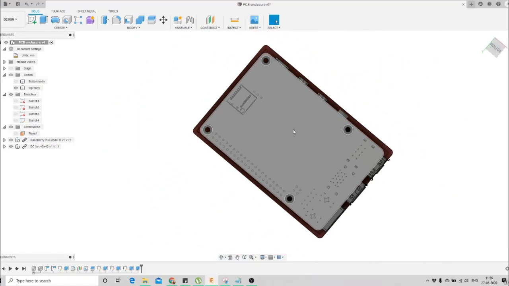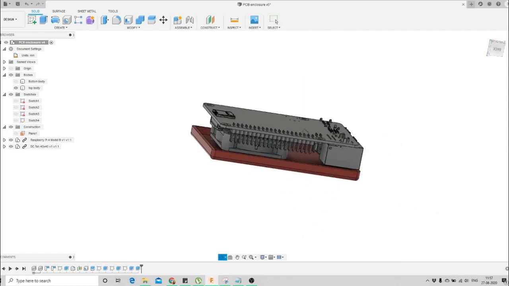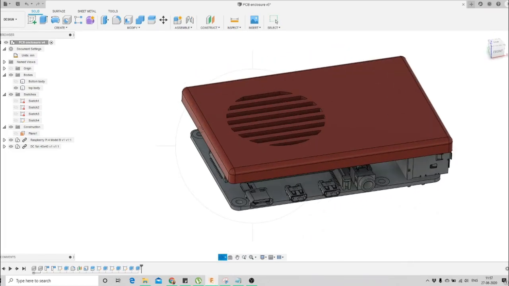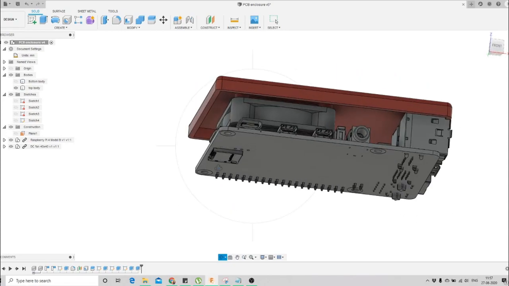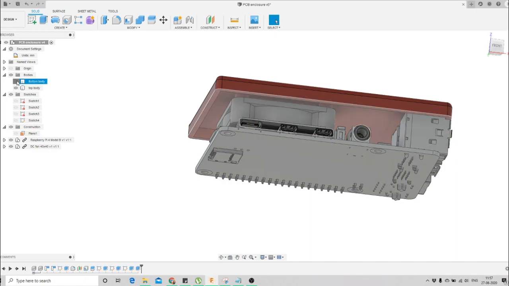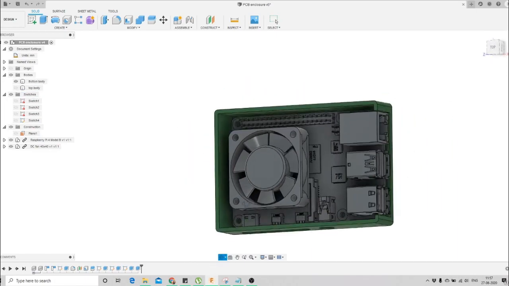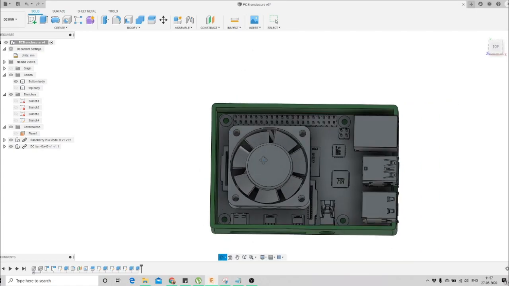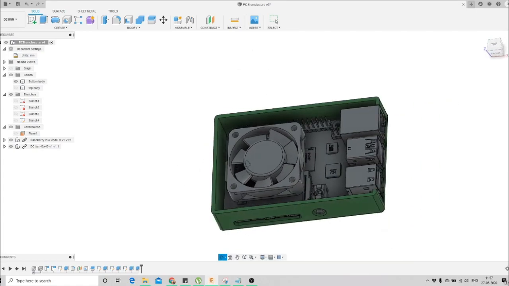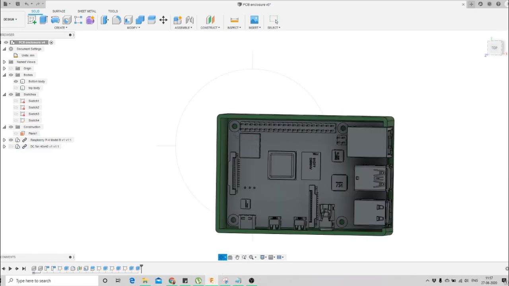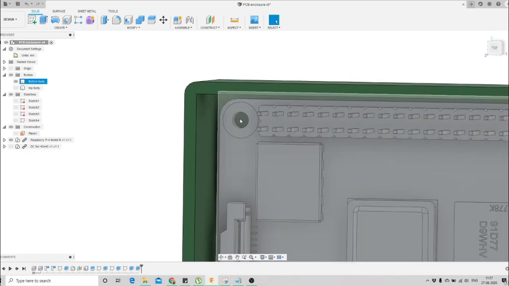So now we'll come to the PCB. For the PCB we also need some mounting. We have 4 mounting holes, so we need a mounting piece there on the bottom body. So we'll turn on the bottom body now and turn off the top body. We'll also turn off the fan. This is our PCB and the bottom body. So we want to make mountings on the bottom body.